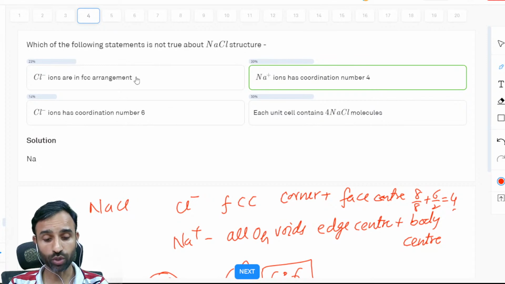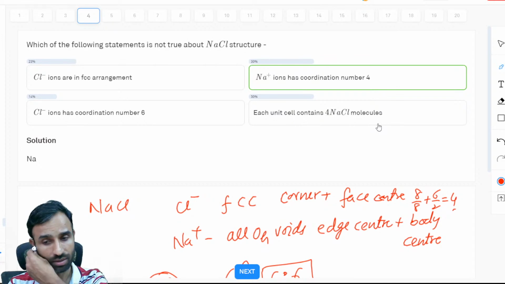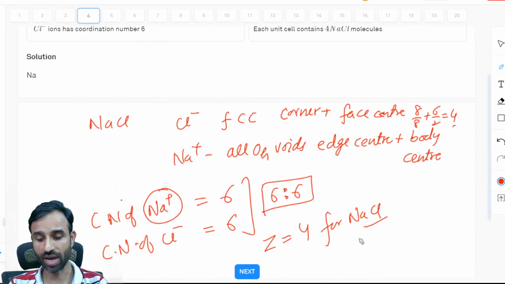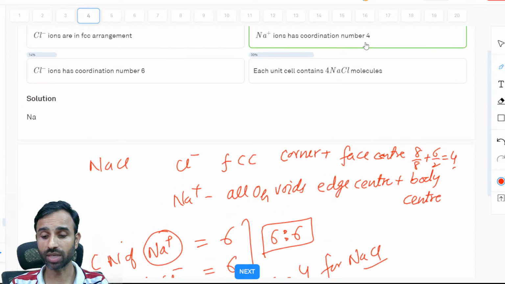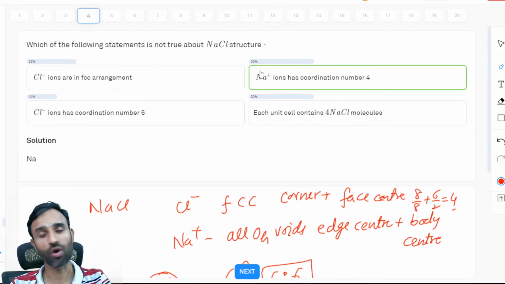हाँ, नॉट ट्रू पूछा था ना। Cl⁻ आयन FCC अरेंजमेंट बनाते हैं, वो भी तो राइट था। And each unit cell contains 4 NaCl molecules. That's also right. तो Cl⁻ FCC अरेंजमेंट बनाता है, Cl⁻ का कोऑर्डिनेशन नंबर 6 है, सही है। Each unit cell has 4 NaCl, बिल्कुल राइट है। ठीक है, ओके। और जो Z है दैट इज 4, बट इसमें लिखा है Na⁺ हैज कोऑर्डिनेशन नंबर 4, रॉन्ग, बिकॉज कोऑर्डिनेशन नंबर इज 6:6। दैट मींस सेकंड ऑप्शन इज रॉन्ग।